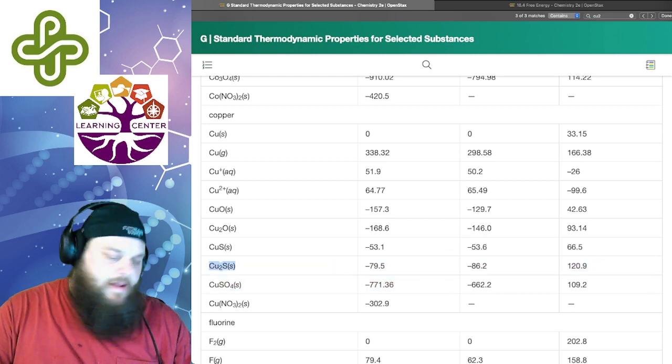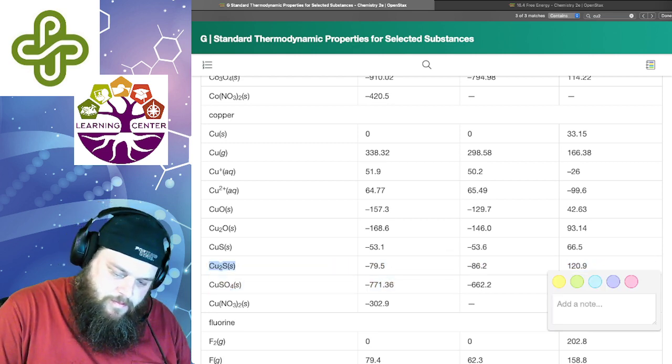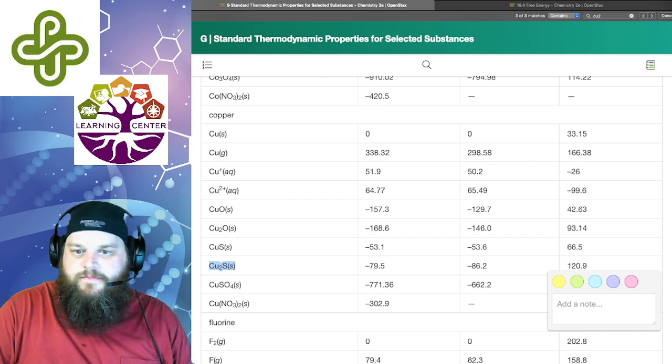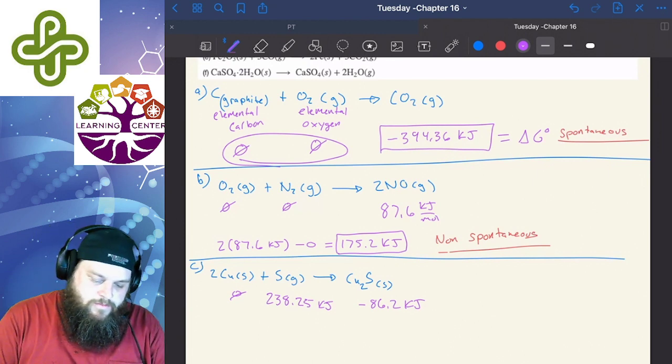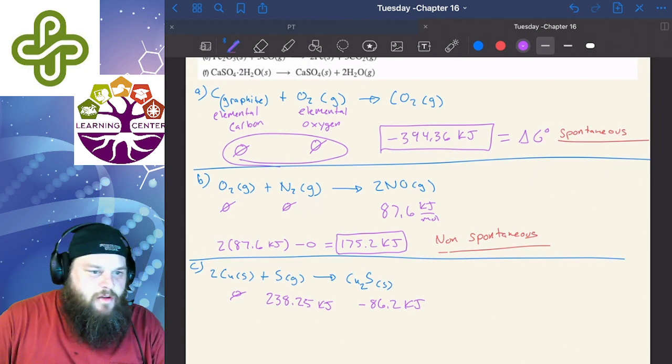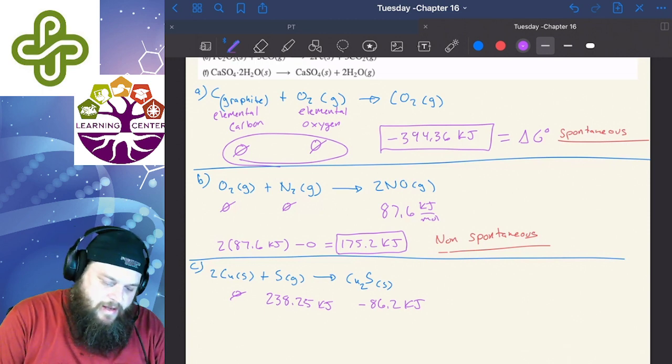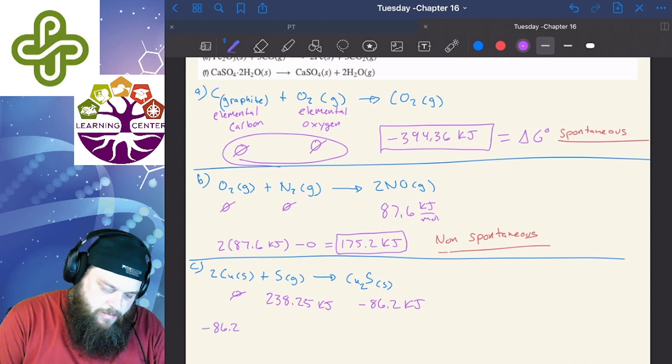We're at negative 86.2 kilojoules. So we can solve that just by taking that negative 86.2. I'm going to subtract from that 238.25